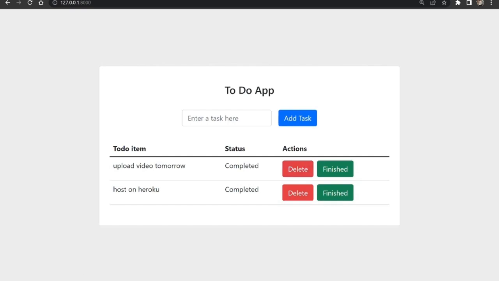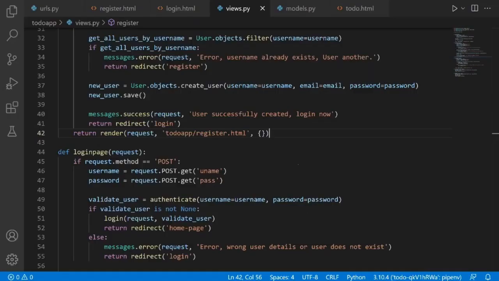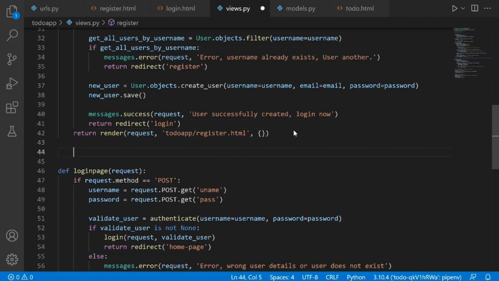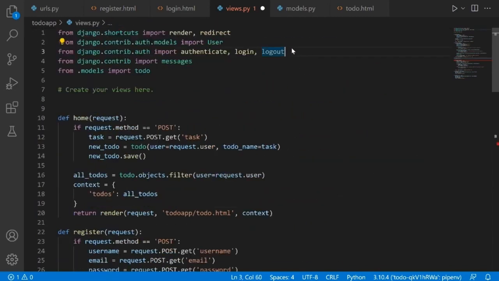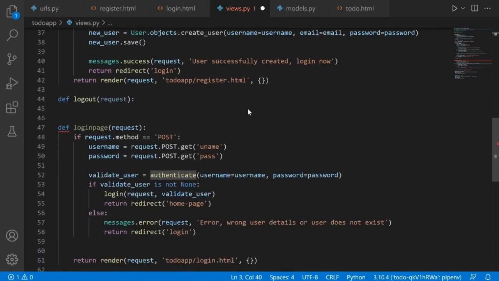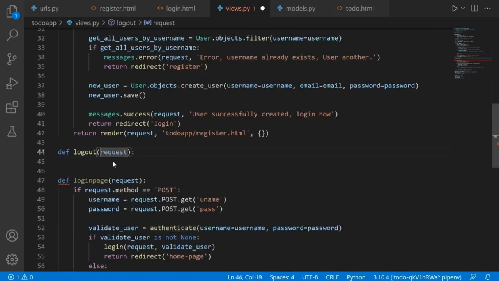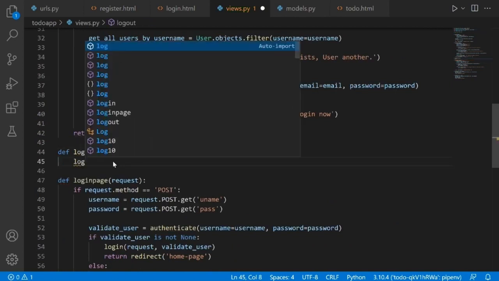Now let's begin. We are going to start by first of all creating a logout view, because silly me didn't write code in the authentication video to log out a user. So what we're going to say is def logout, and after doing that, we're going to pass in request. After passing in request, all we have to do is call this logout library that we imported earlier, where we imported authenticate and login. And what we're simply going to say is logout